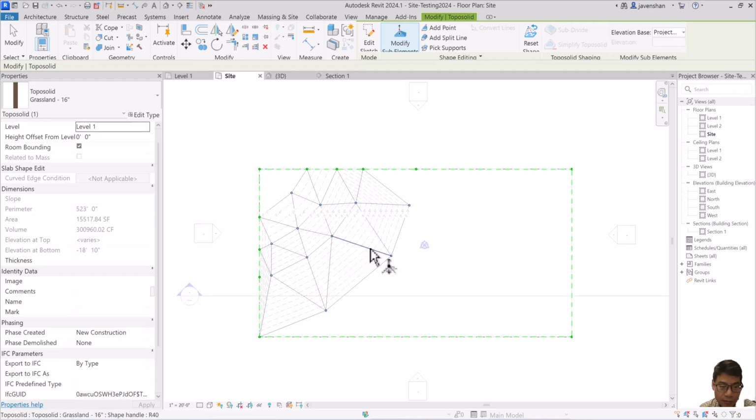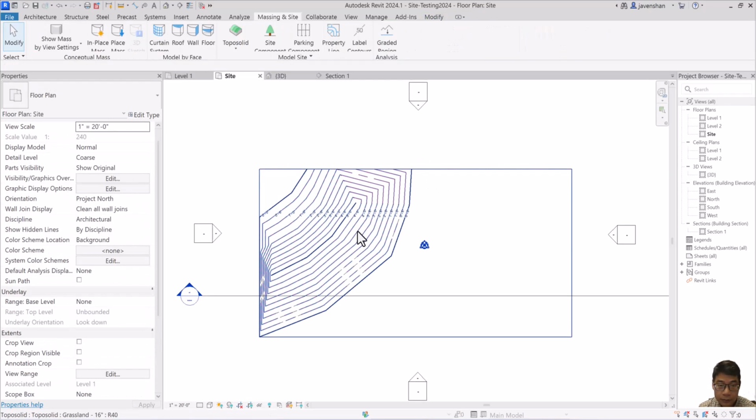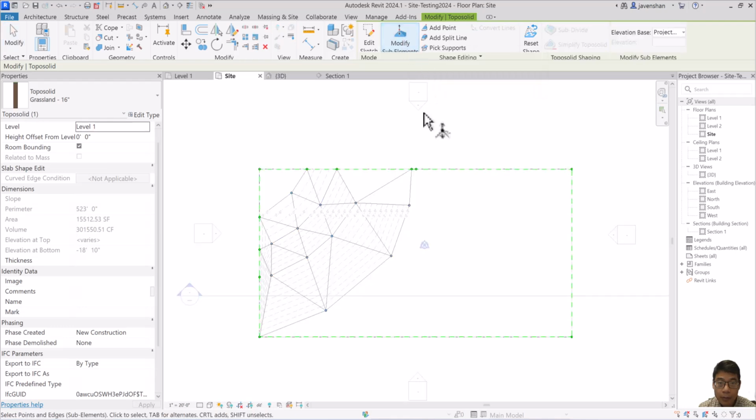So I'm going to make modification on the points right over here. So we can just arbitrarily model this. Let's just do this. I can just drag and move this over here. If I want to delete this point, I can also modify, and I can delete this point, select it, and you can also change, maybe add more points or just